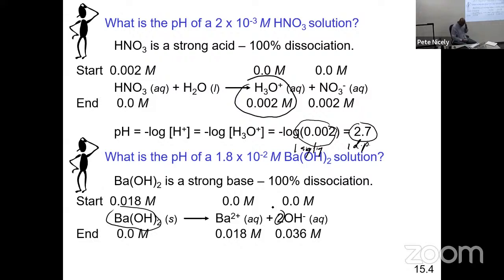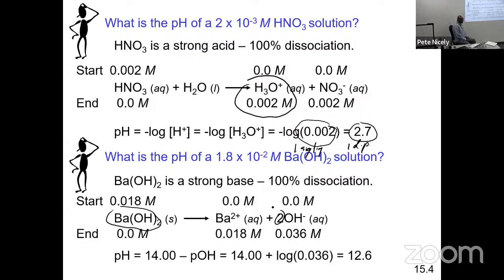Well, remember, there's a relationship between pH and a quantity known as pOH. Remember, we talked about that, right? The sum of pH plus pOH is equal to 14.00. So therefore, all we have to do to find the pH is first find the pOH, and then use that equation to find the pH. And this is how we do it. The pH will be equal to 14.00 minus the pOH. The pOH is minus log of the concentration of OH minus, which we determined to be 0.036, and then we do the rest of the calculations. And it turns out that the pH of the solution is